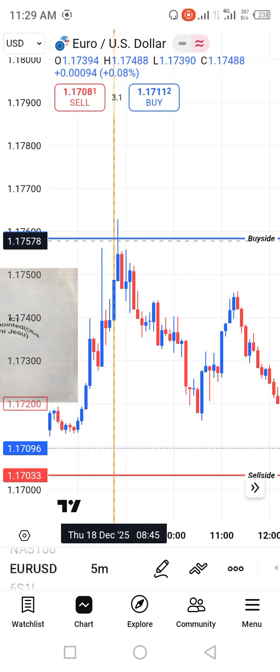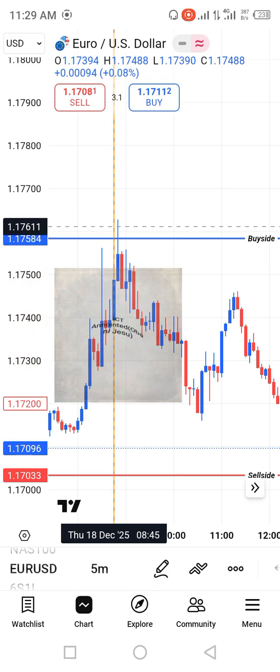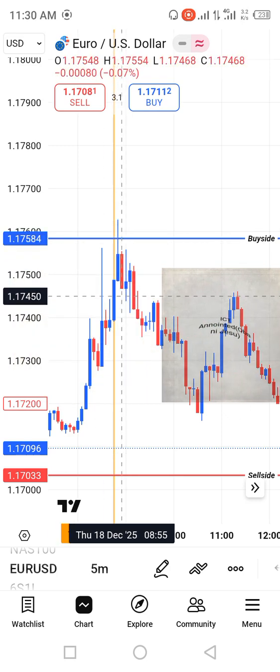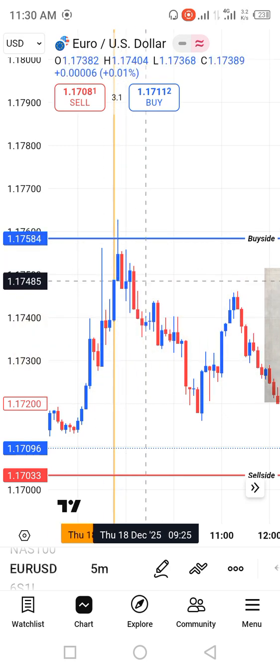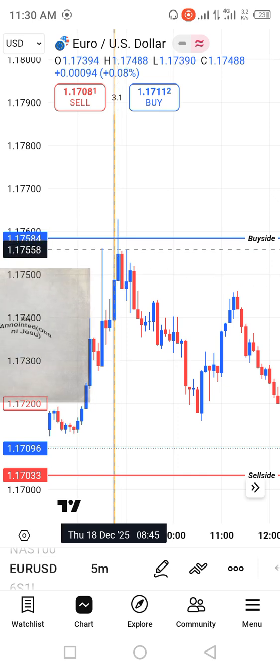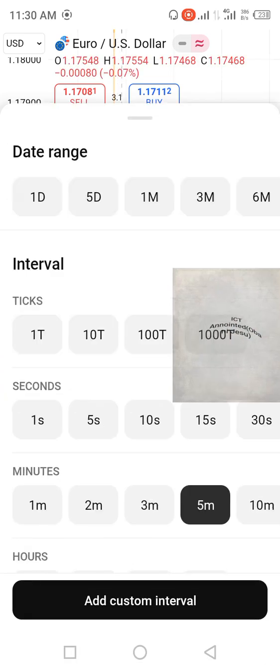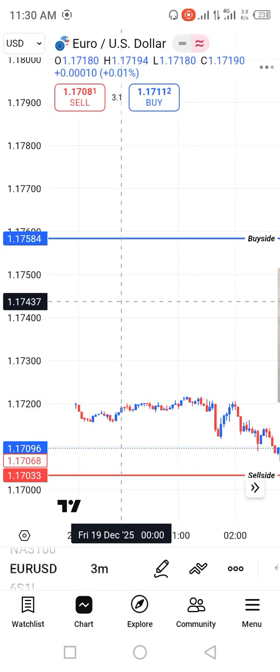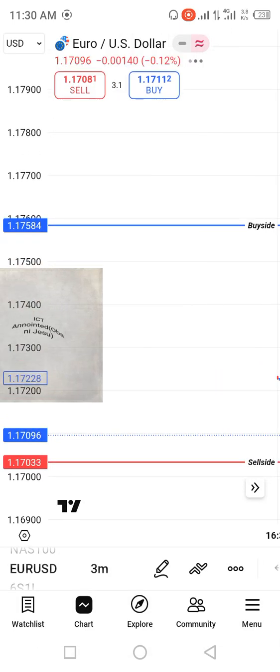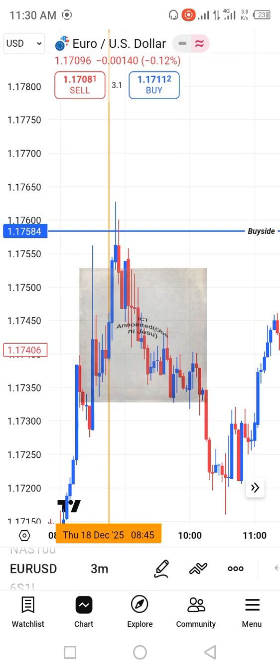Run at the buy side here and dropped, forming a bearish order block here too as well. So you can also go lower to like 3 minutes if it's not too clear for you to see. But you must have at the back of your mind that